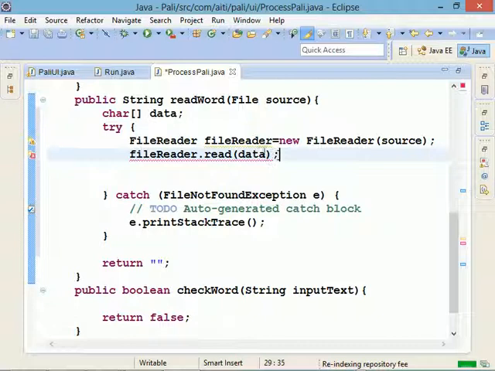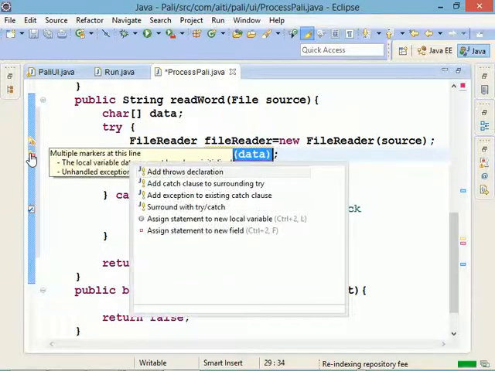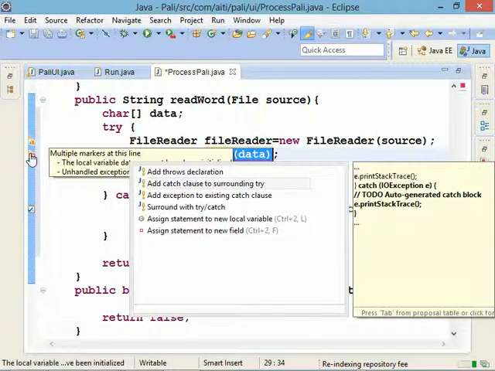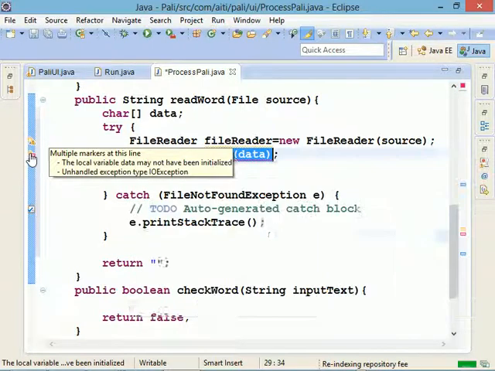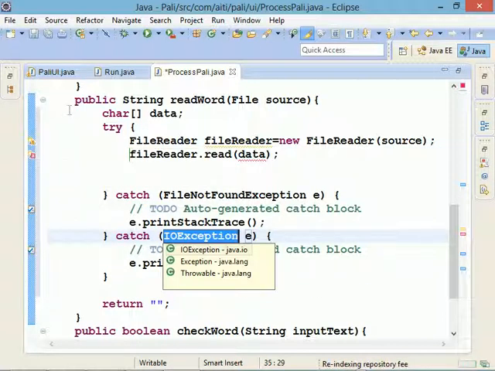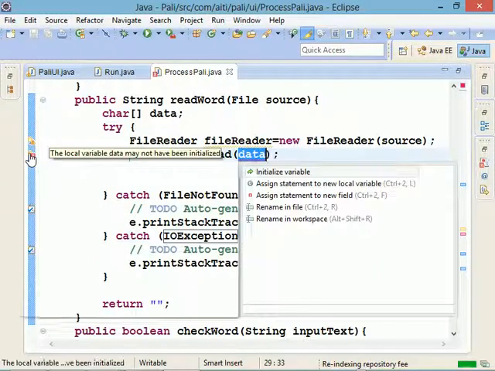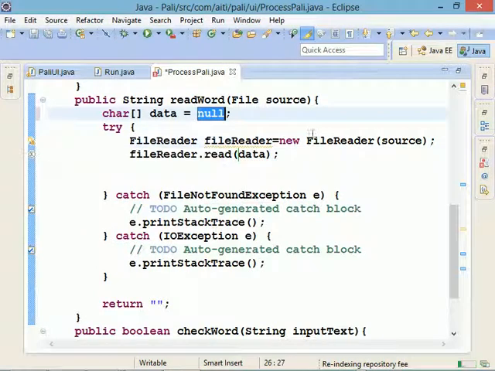So it will read this onto this. It will be asking for add. If you've already surrounded your block with try catch, you don't have to surround it again. You just add what? Catch clause. So I've added a catch clause. So there's an error. Okay, I have to initialize the variable to null. Okay. So now there's my